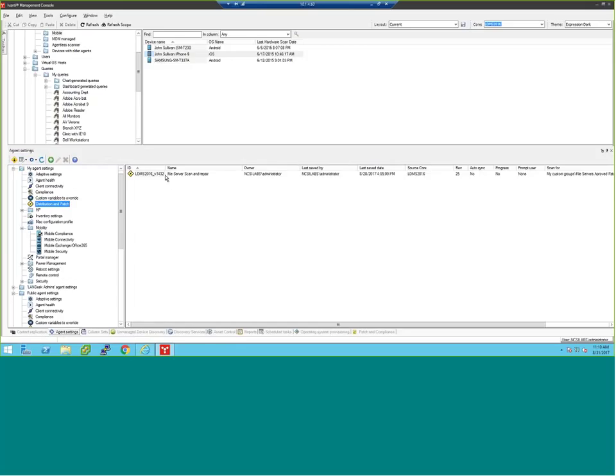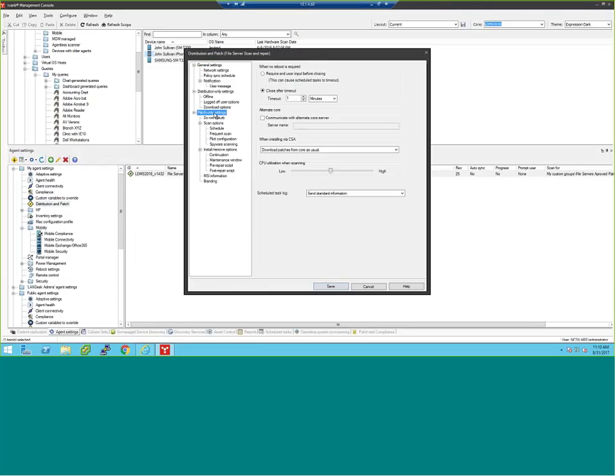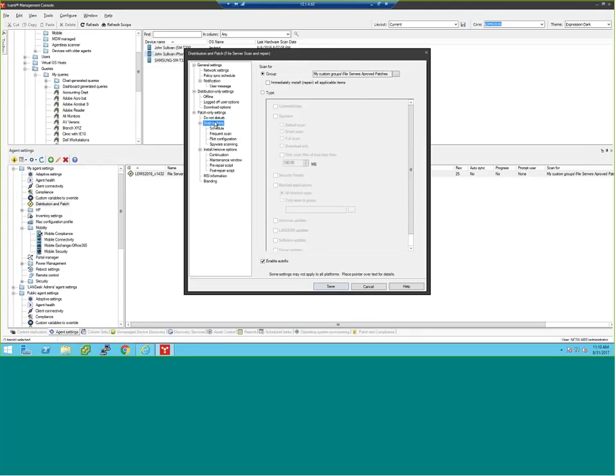But if we open one of these up, there's a section to state what we should be scanning for, and it's here under scan options. I am a huge fan of saying, I want to scan for everything. I want to scan for every vulnerability in the world. And you know what? I don't care if it's scanning for an Office 2000 vulnerability that I don't have anymore